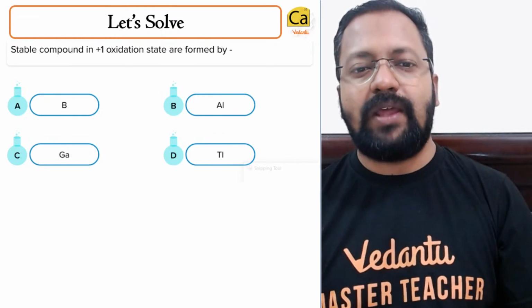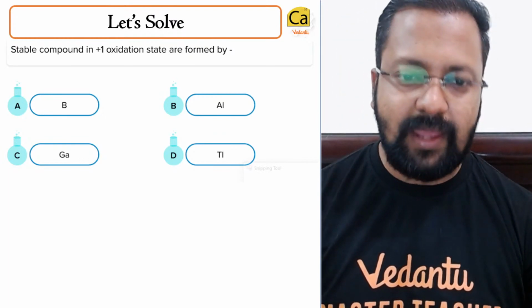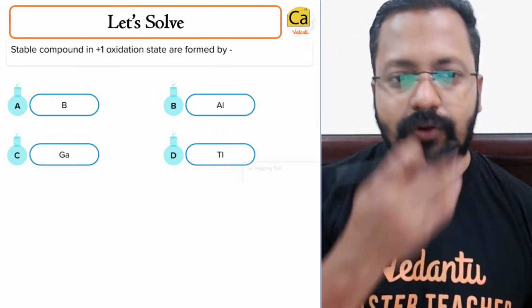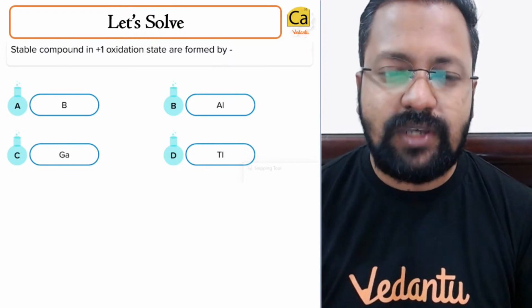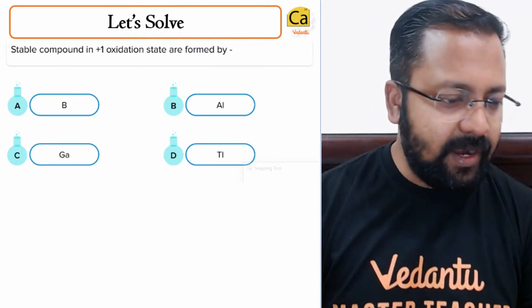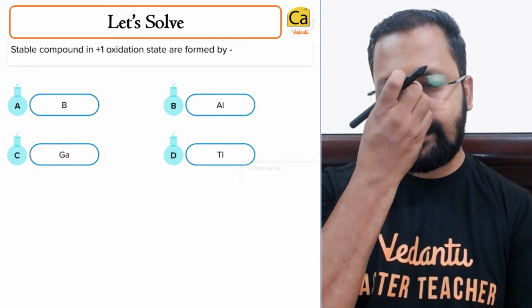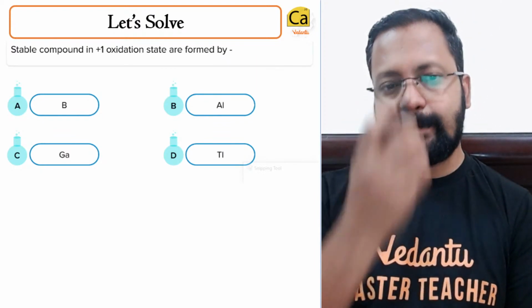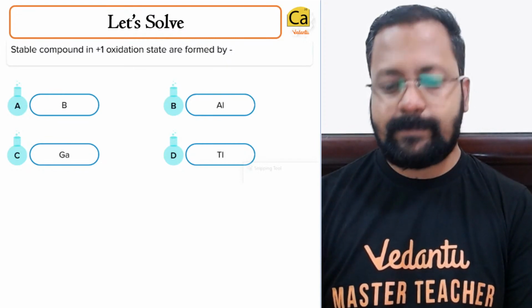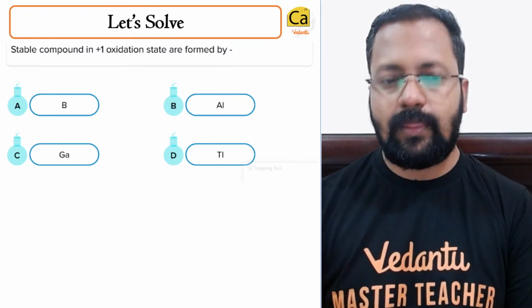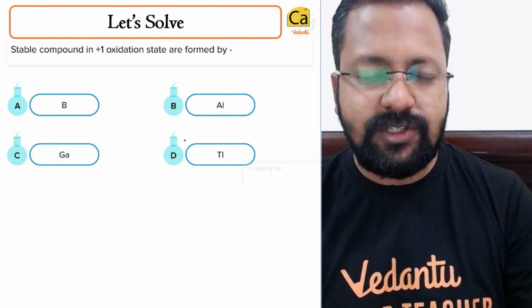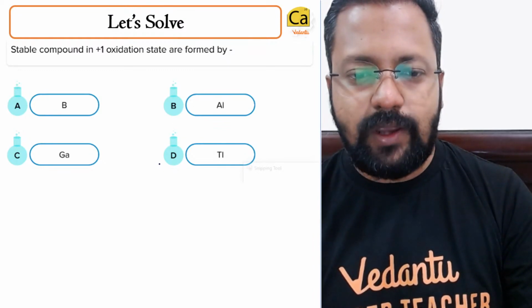Stable compounds in plus 1 oxidation state are formed by. What is the right answer to this question? Tell me, what is the right answer to this question? The right answer to this question would be